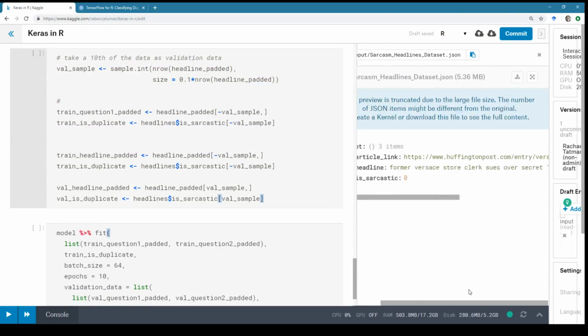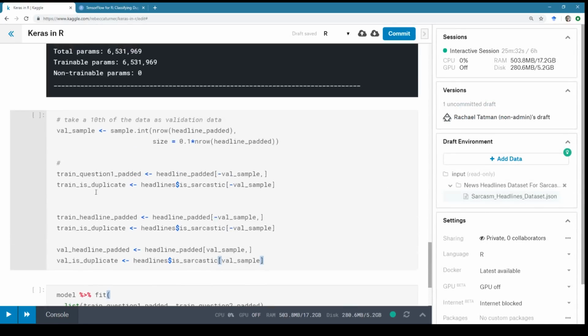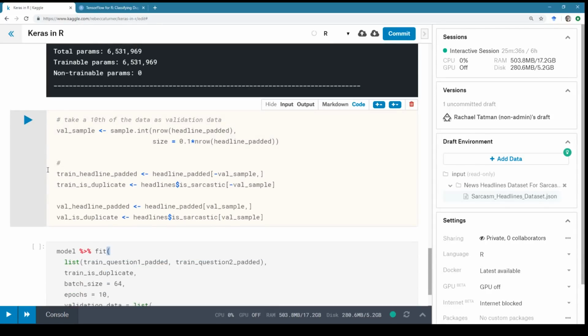Okay, I will commit it at a later time. Training, except instead of is duplicated, we want is sarcastic because that's the information that we are interested in. I could use the same variable names as they did, but it would be confusing if I went back and read it later.